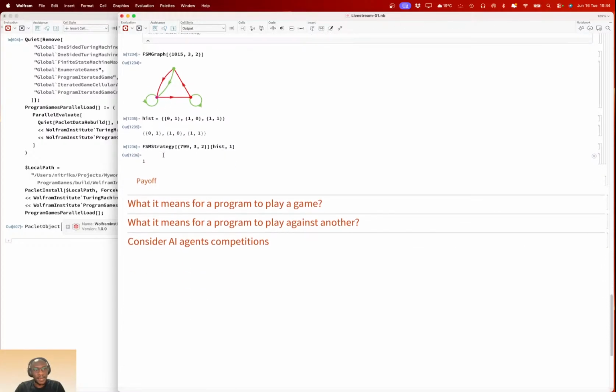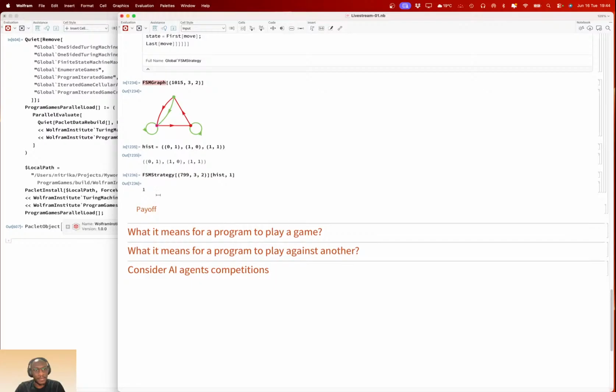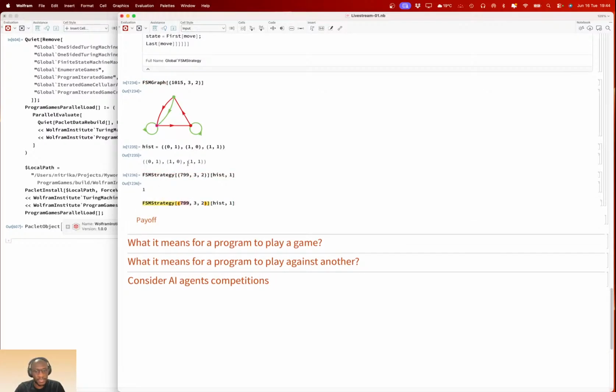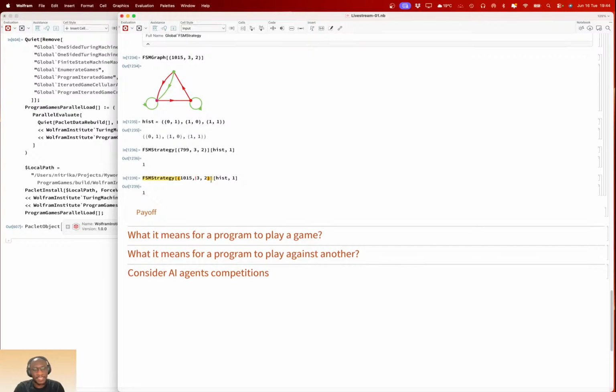But suppose you do the same for this other guy, 10, 15, given the same history, as player 1 or maybe as player 2. They play the same strategy anyway. That's a possible strategy for an FSM.